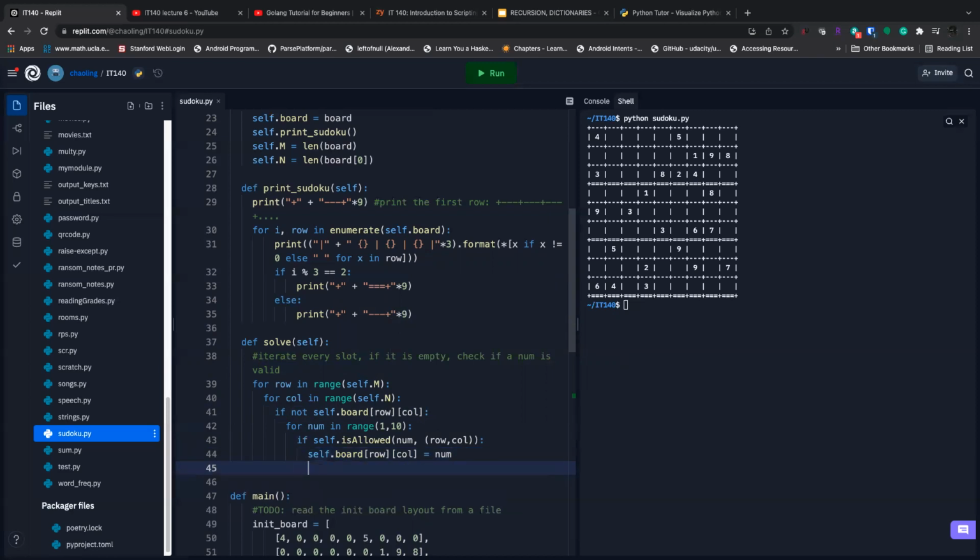Okay, now here's the recursive part. So once I put a number in, I reduce that to a smaller problem. And this solve will return if it's solvable or not. If it's solvable, it gives you a true. If it's not, then it's false, right? So I'm going to solve it again,